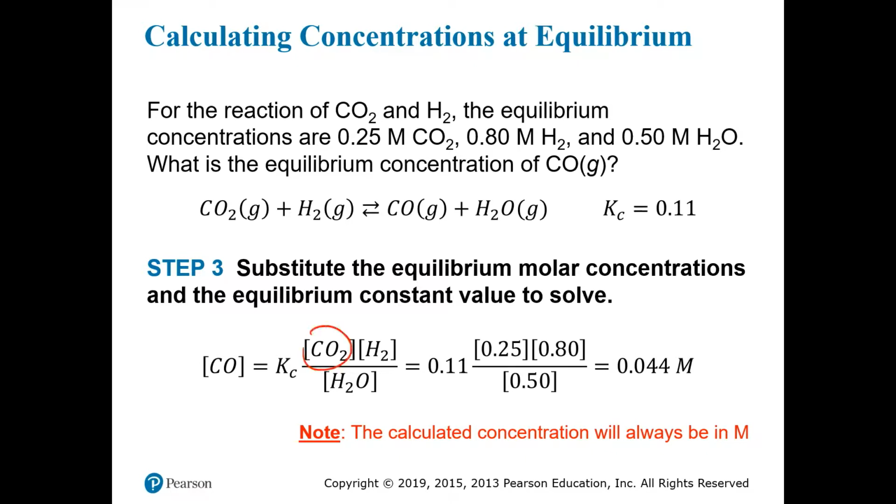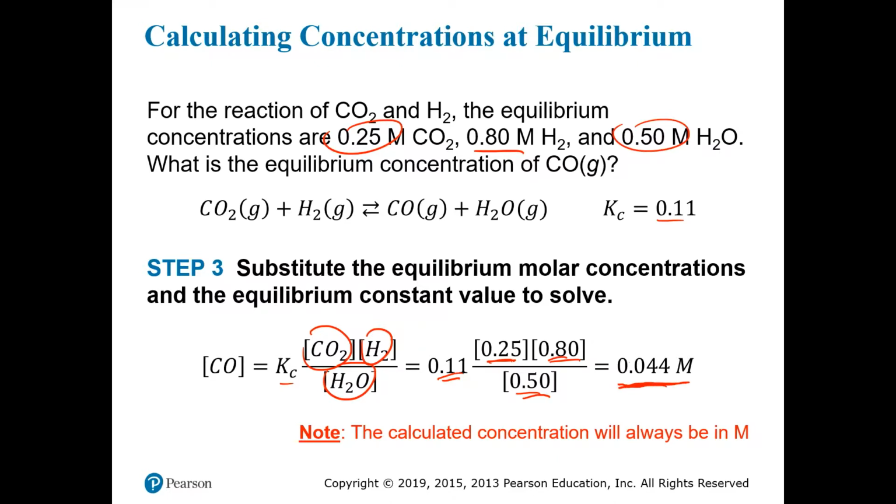Now that we have this expression, we can just put in the numbers. We can see that the concentration for CO2 is given to us as 0.25, so that goes here. The concentration of H2 is given to us as 0.80, so that goes here. The concentration of water vapor, H2O, is given to us as 0.50, and so that goes here. And then up front, we have the value for Kc, finally, which is 0.11. So 0.11 times 0.25 times 0.8, all divided by 0.5, gives us an equilibrium concentration for carbon monoxide of 0.044